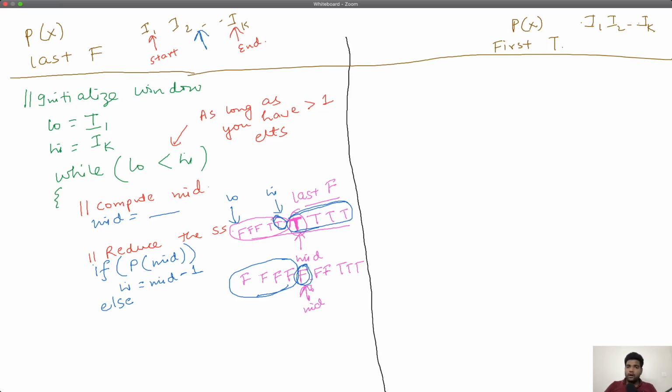So how should your search space unfold in that case? Logically, your high remains as it is, but your low becomes mid. So that's the reduction of the search space.